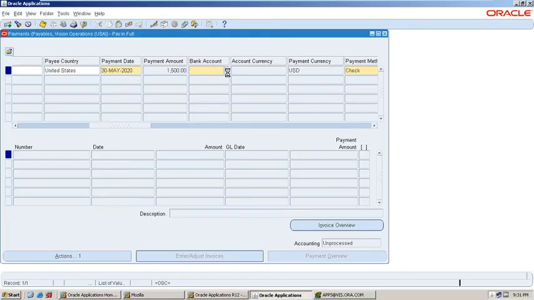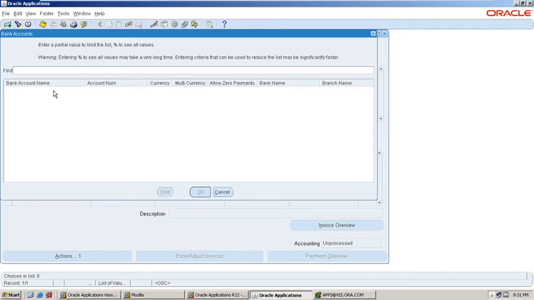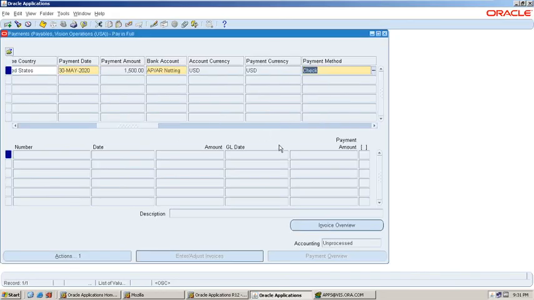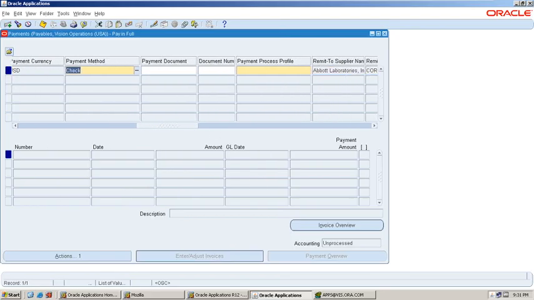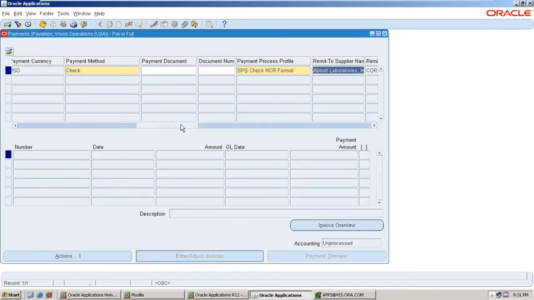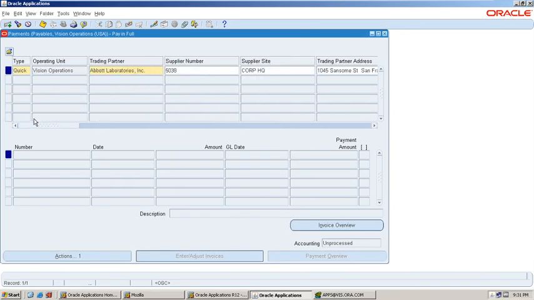And you need to specify the bank account number details. Okay, netting account and payment method check, payment process profile, you can check format. Now, okay, now click on save.